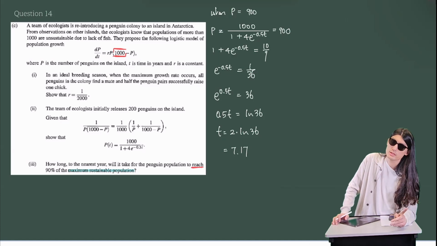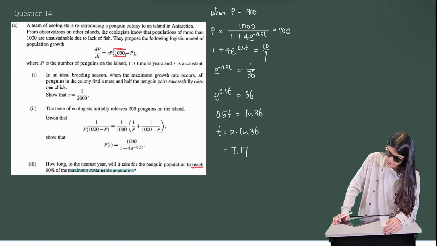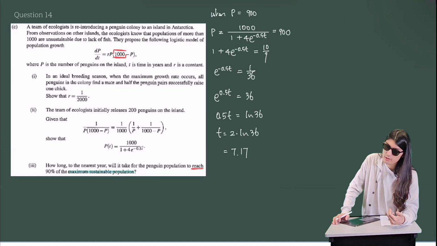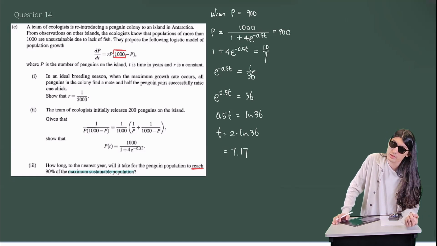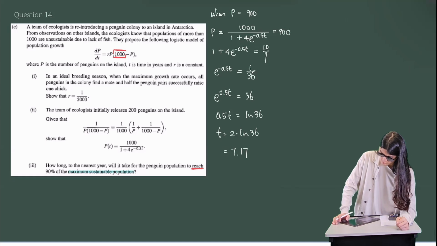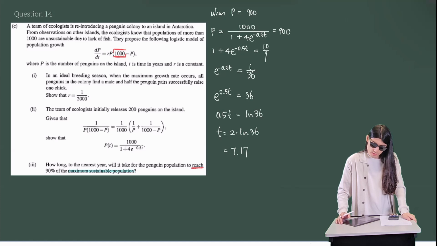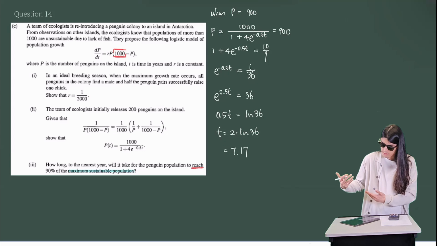Well, if you say after 7 years, like I said, after 7 years it hasn't quite reached 90% yet. It's actually after 8 years that the population, yes, would be over 900. It would be bigger than 900. So it's sometime between 7 years and 8 years that the population reaches 900. Okay. So my opinion, in other words, is that the answer should be 8 years. Because otherwise, like I said, if you say 7 years, then